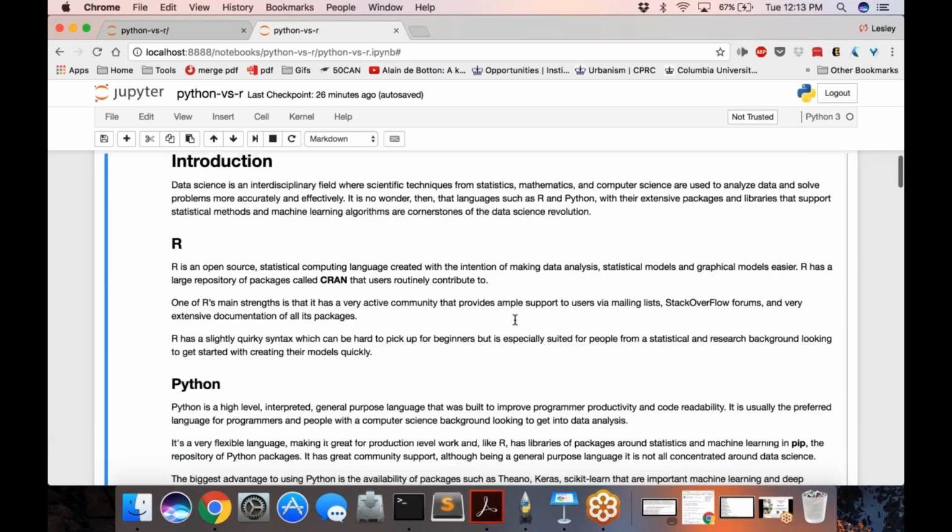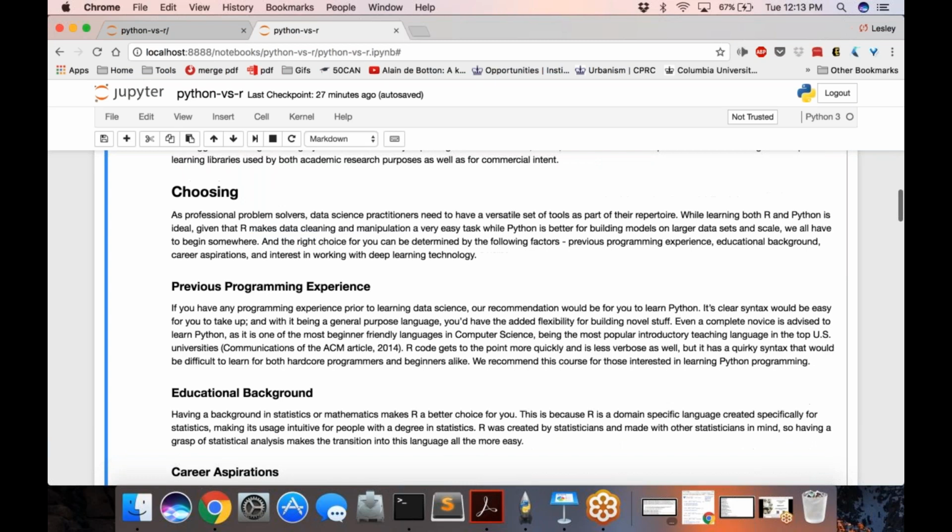So the focus right here will be on choosing, which is usually what people have the hardest time with. So I already mentioned beginners, right? But if you're not a beginner and you're working on data science, a lot of people do have trouble deciphering which one to go with. As I mentioned right before, Python is more dynamic, and R is definitely built from the perspective of statisticians.